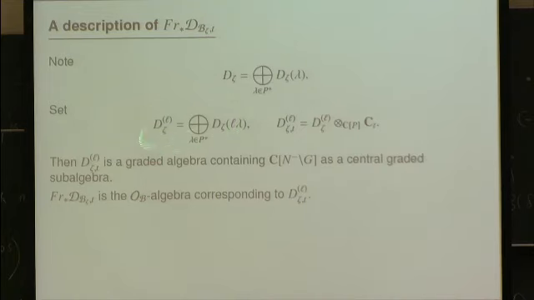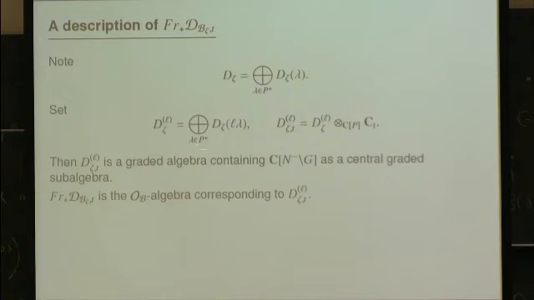I took some subalgebra. This is a subalgebra of this D zeta, and then Cp corresponds to the element sigma lambda, and Cp is contained in D zeta 0, so Cp is a subalgebra of this ring,